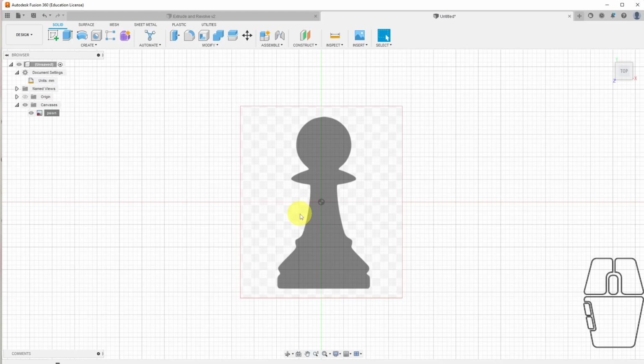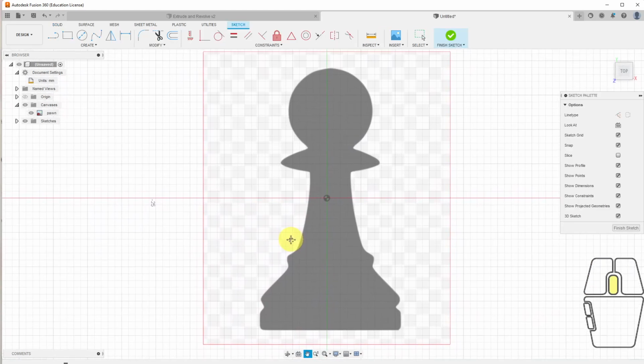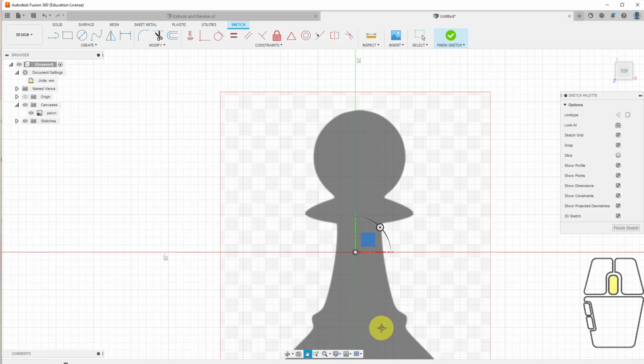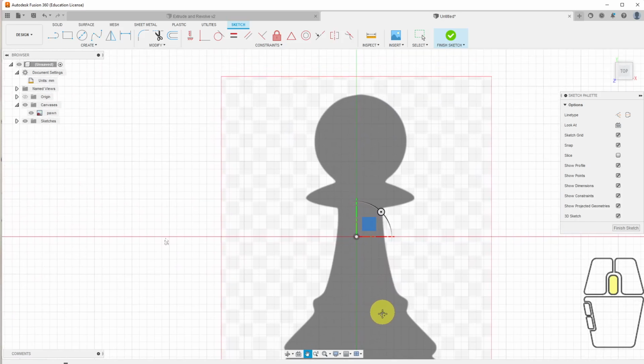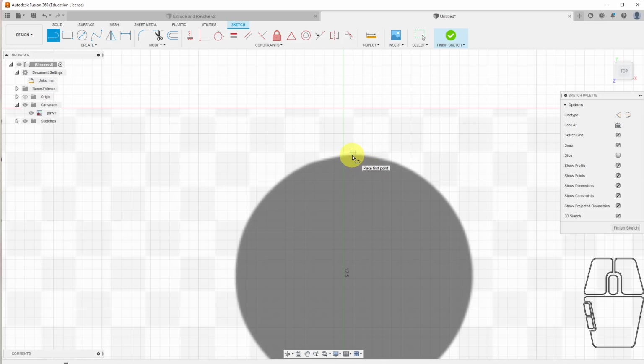So the next thing we want to do is create a sketch. So we'll go to Sketch. We're going to choose this flat surface that has our picture in it. And we are going to first draw a line that goes from basically the top center of the pawn. It's almost the top center, a little bit off from the top center here. We can be probably a little closer, and we'll try and do the top center right here. So we'll do right there,